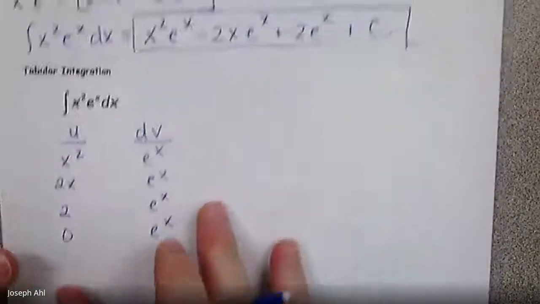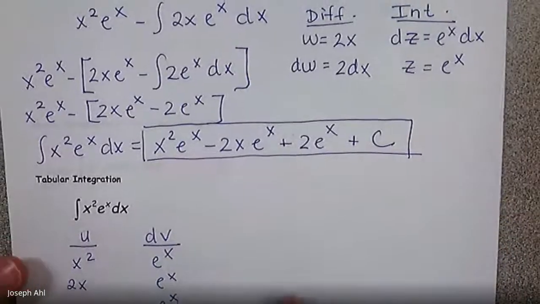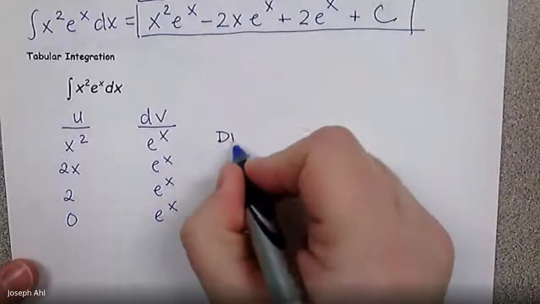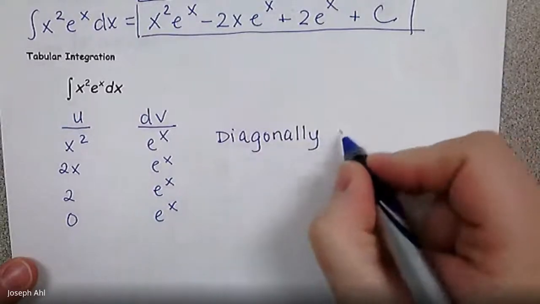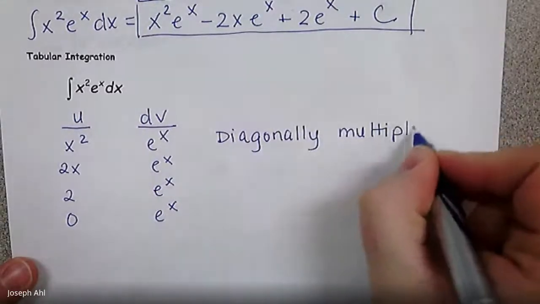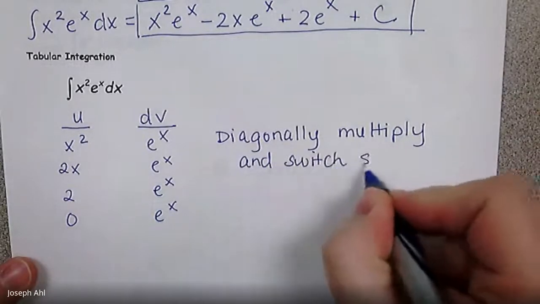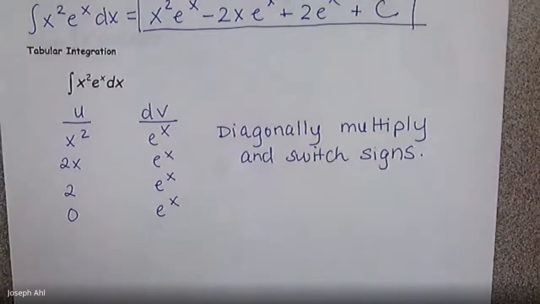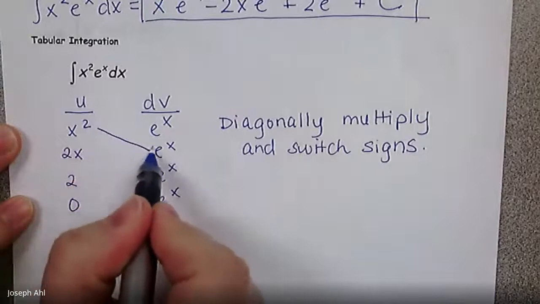So how do I take this list and translate it into the answer that I know this integral to be? Well, we're going to do this special scenario where, and I'm going to offer this up without proof. So for those of you interested in the proof, go ahead and look it up. We're going to diagonally multiply and switch signs along the way. I'm not sure why, but it reminds me of a similar feel to when you find the determinant of a 3x3 matrix. Maybe you'll agree with me as I start drawing these lines, but I'm going to diagonally multiply those,